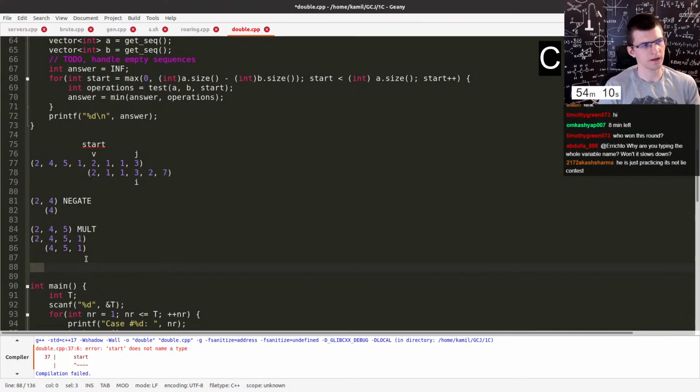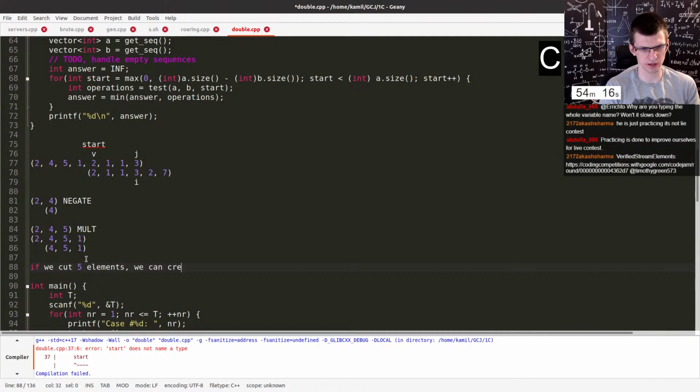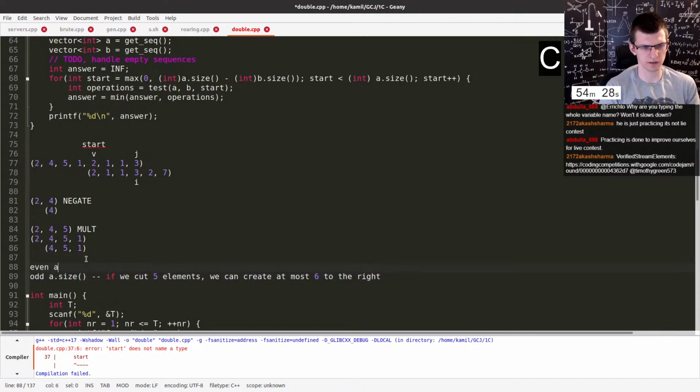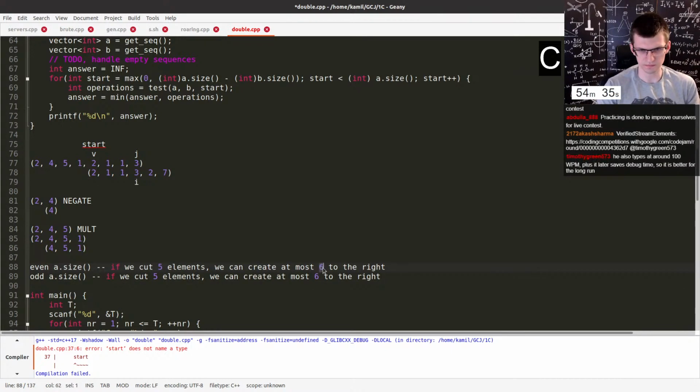So if we cut 5 elements from the left, we can create at most 6 to the right. This is if we start with odd a.size. And if even a.size, we need to first cut and then add. So it's like this. And it changes, I think,